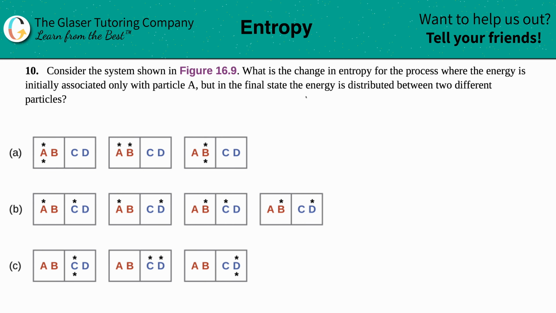Number 10. Consider the system shown in figure 16.9. What is the change in entropy for the process where the energy is initially associated only with particle A, but in the final state, the energy is distributed between two different particles? Okay, so we're talking about change in entropy, right? A change in entropy, randomness of molecules, that's a delta S value. So we're looking for a delta S, and they're talking about distributions here, and they give us this figure